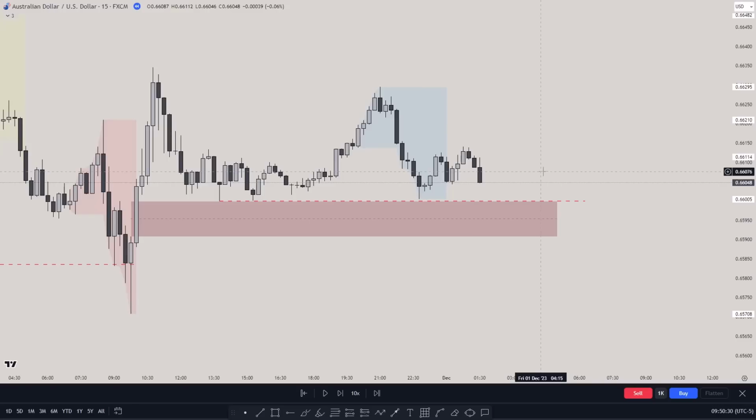Does it make sense for price to go higher now? And where to set your take profit? And then where does it go to invalidate this trade? And that's going to be your stop loss. So really use the logic behind every trade. And that's what I'm going to be using here.